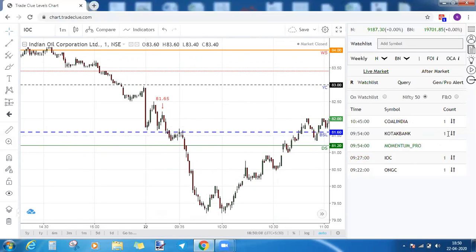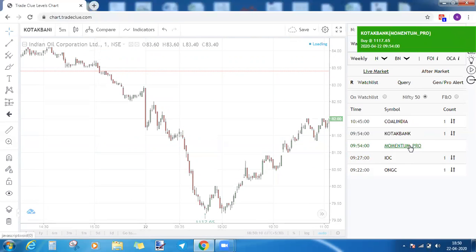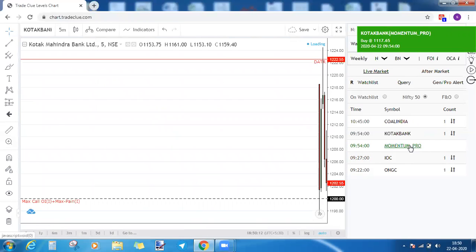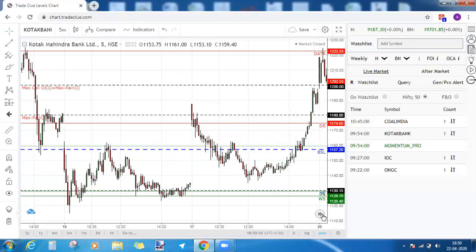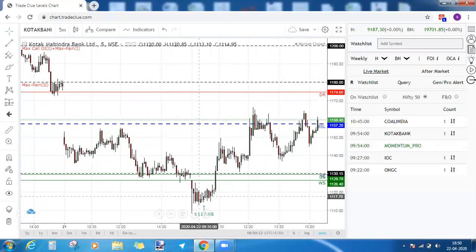Then you had Kotak Bank Momentum Pro alert. So the alert was given at 9:54 and the buy price was 1117.65. Here it is at 9:55. So here the alert was given and it was said that you need to buy it